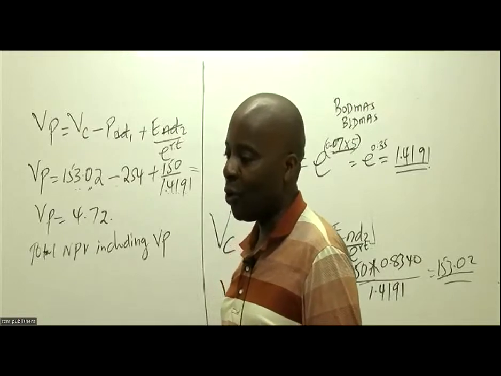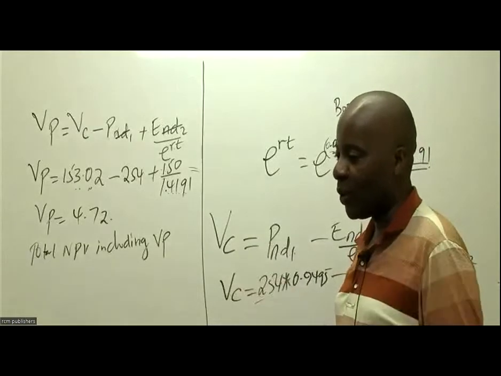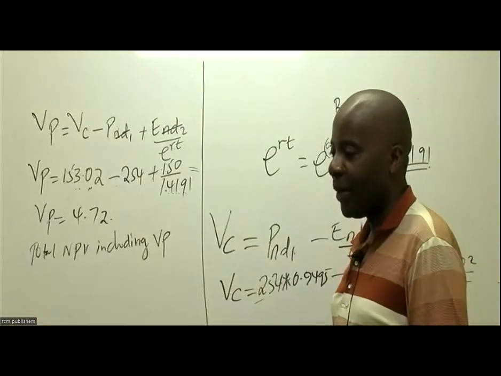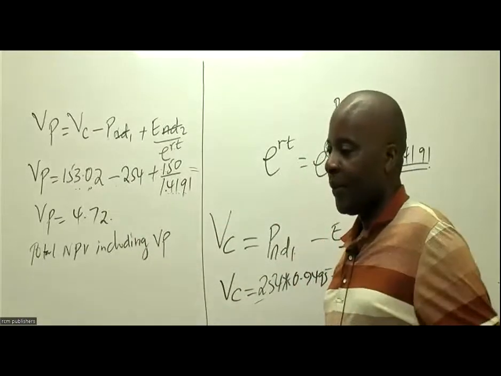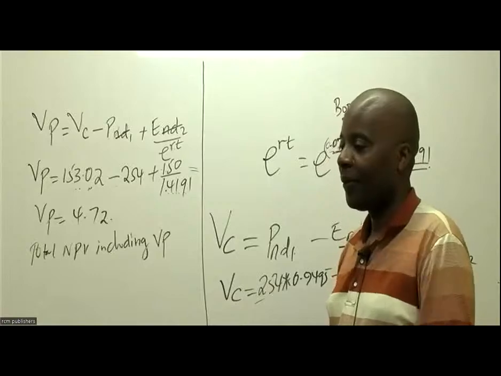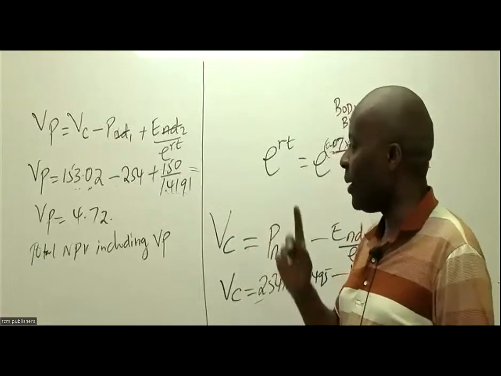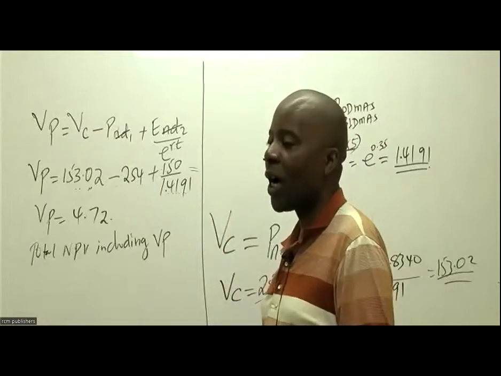Bernard, I'm waiting for you. I don't want to go that way where you do 1, 1, 1, 1. Bernard, I'm waiting for you to get this figure. You've gotten it, right? So the mistake you made when you were doing it in your calculator, I'm so sure, is you decided to work on it separately.